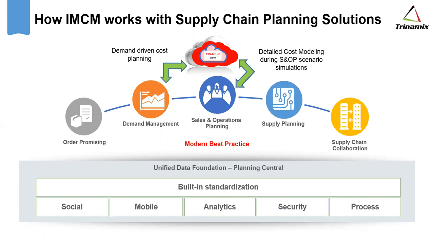But that kind of detailed analysis can also play a part together with the supply chain planning process. So when we look at the core data that in-memory cost management cloud uses for all this cost analysis, as we have been saying, it is the entire supply chain structure, your manufacturing structure, your financial accounting rules, and any overhead costs that are related. But again, we are talking 70 to 80% common data with supply chain, and that really helps, because as we looked at in the cost planning slide before, at a component level to derive the cost, we need a forecast, and because we have a bill of material in the model, we can